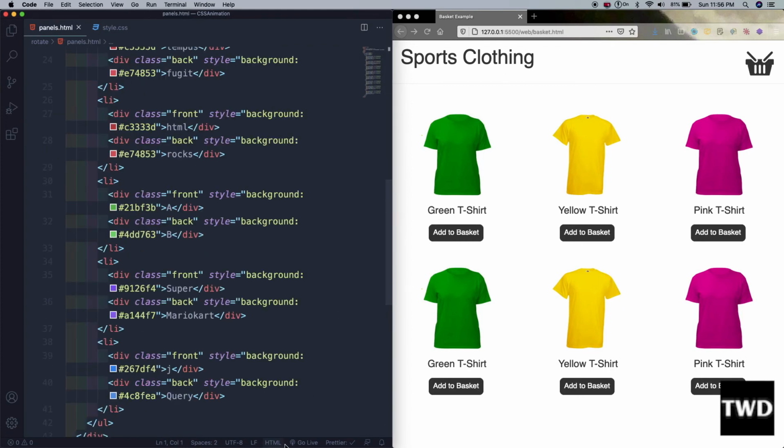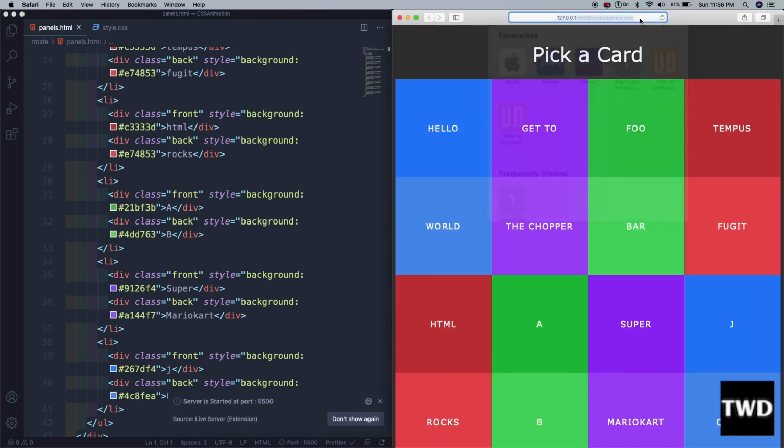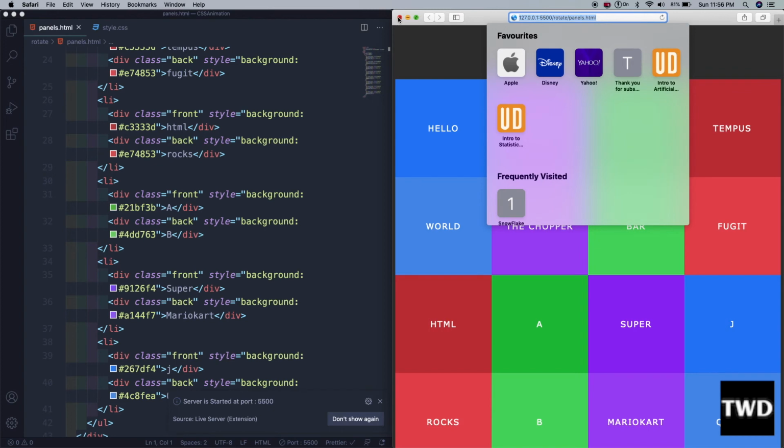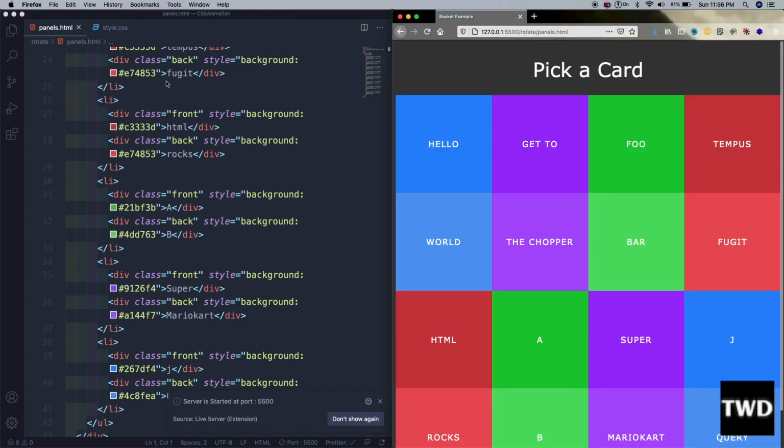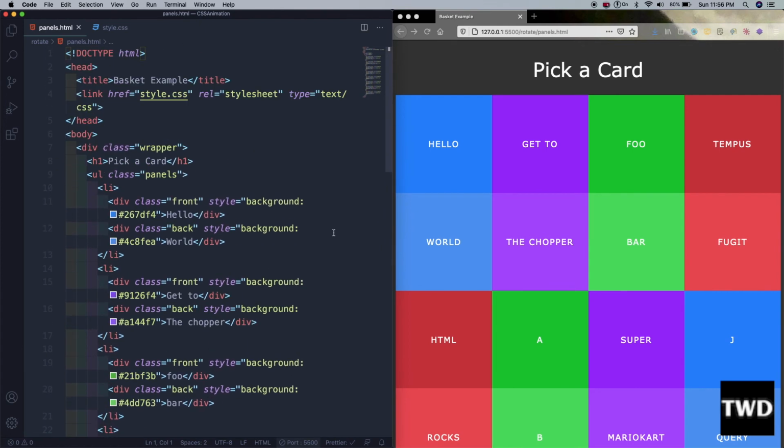So let me go live. So I had gone live, and this is what it is right now without our animation. Cards are there, so these cards we are going to flip. So this will be a flip card animation.